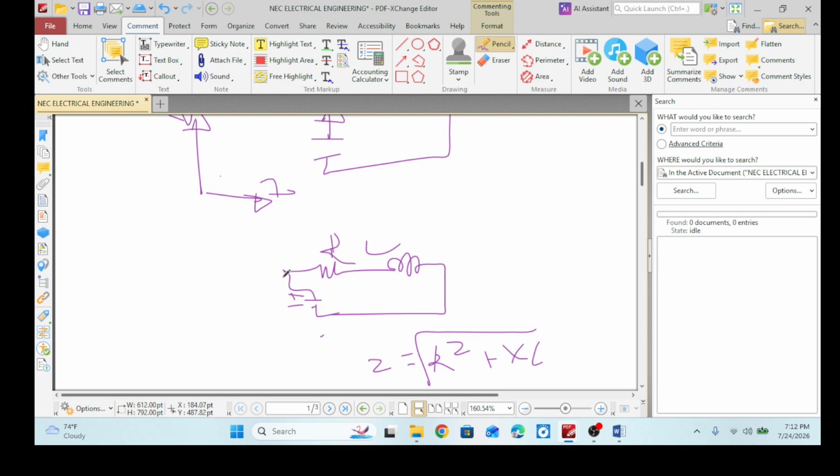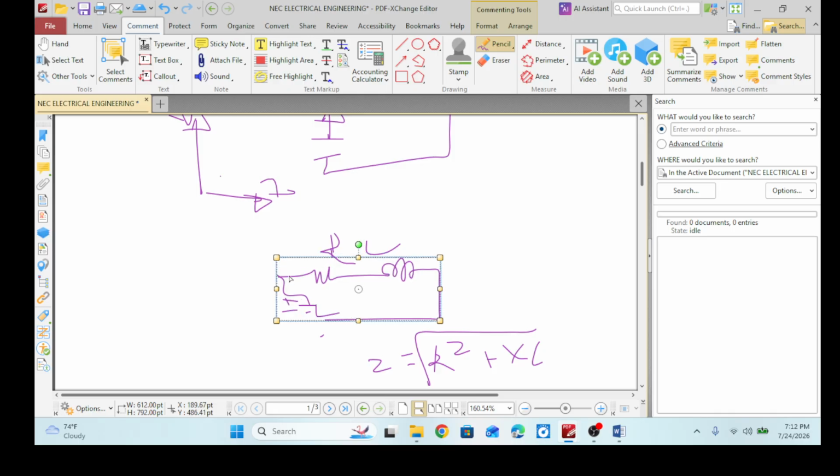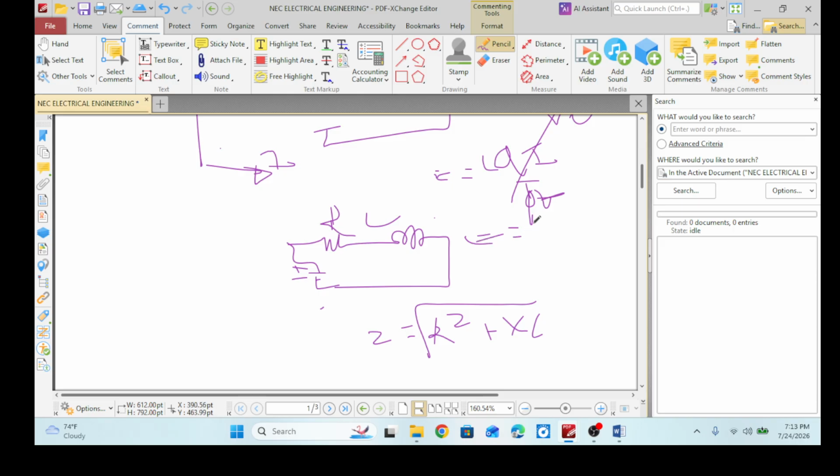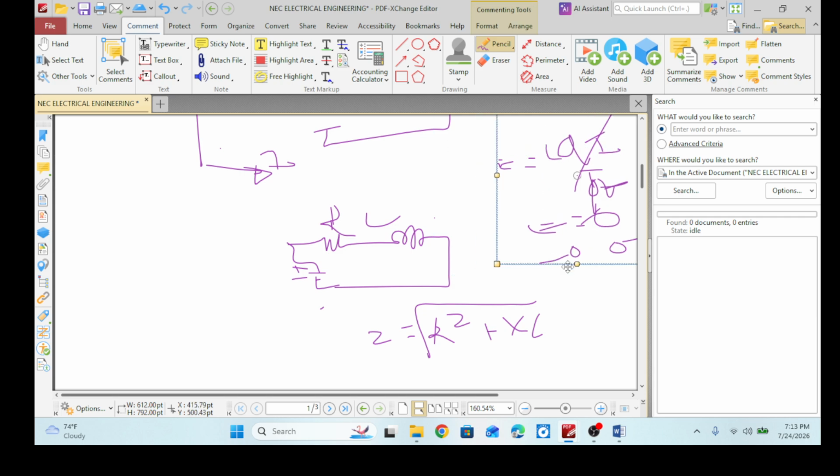When alternating current is passed, the inductor doesn't allow sudden change in current. The current would be constant. So E equals L di by dt. That is, the sudden change in current is 0, so the EMF would be 0. That means it acts as a short circuit. Voltage 0 हुन्छ।